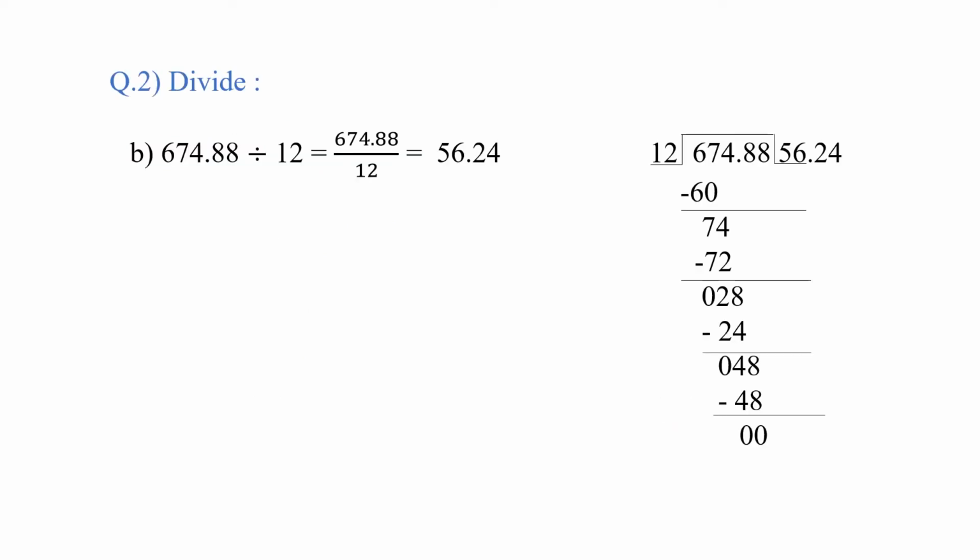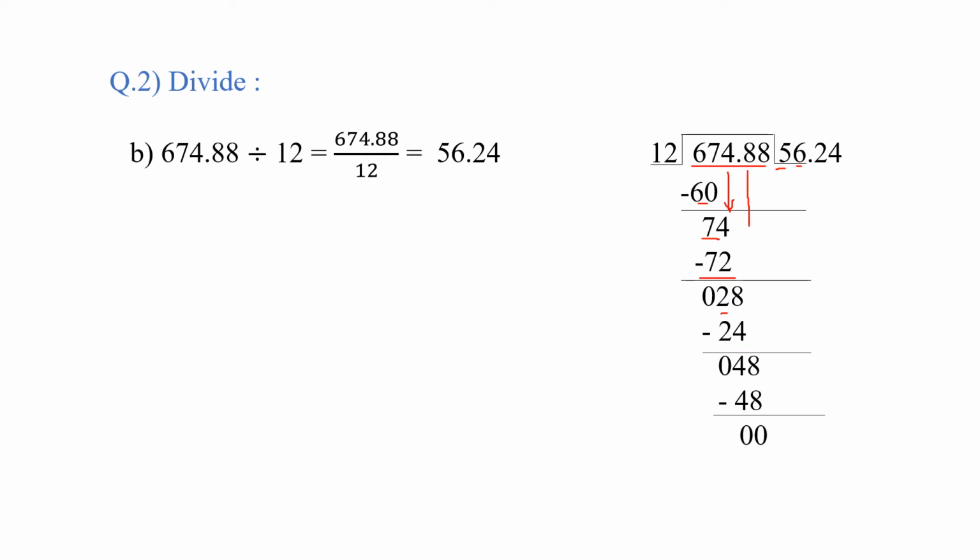Now children, we'll see question number 2, divide. In that, part one, 674.88 divided by 12. So we'll see by actual division method. So 674.88 divided by 12. We'll start to divide. So 12 5s are 60, right? So 67 minus 60, it will be 7. So next number is 4. We'll take it down, right? So it will become 74. So 12 6s are 72, right? 12 6s are 72. So after subtraction we'll be getting 2.